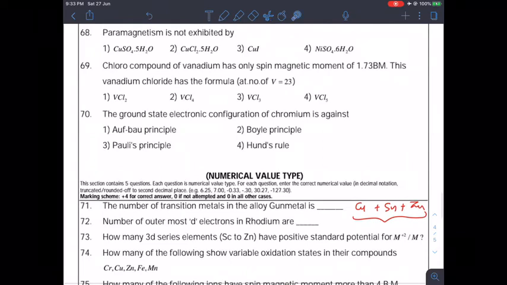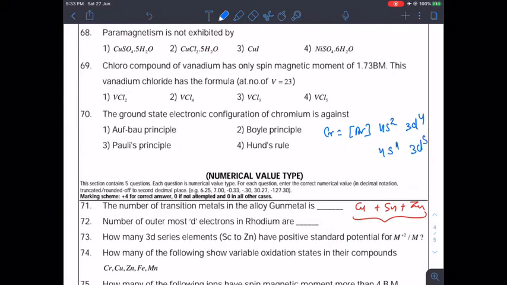The ground state electronic configuration of chromium is asked again. So what is the ground state configuration of chromium? The chromium configuration is 3d5 and 4s1. Actually when you are filling them, the order is like this, that chromium is equal to argon 4s2. It was expected to be 3d4, but because of the half-filled configuration and similarity in the energy, we get this 3d5.